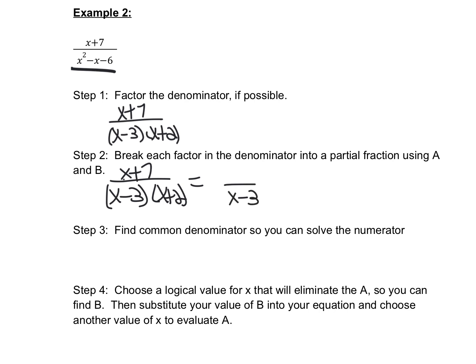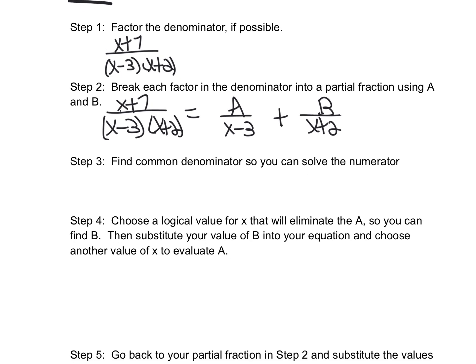We're going to have x minus 3. We're going to have x plus 2. And we're going to put an a, and we're going to put a b in the top. Step 3 is we're going to find that common denominator. So I'm just going to, again, rewrite everything. x plus 7 over x minus 3 times x plus 2 equals